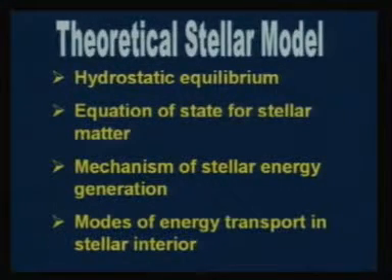And then we also need the modes of energy transport in the stellar interior, and in sun-like stars the mode in 70% of the star is radiation, and for the shell it is convection. For very massive stars we have the cores in which energy is transmitted by convection, and for the rest of the star it is by radiation.